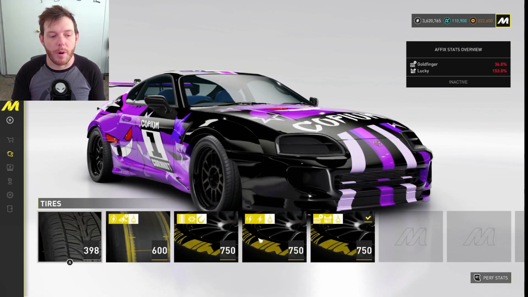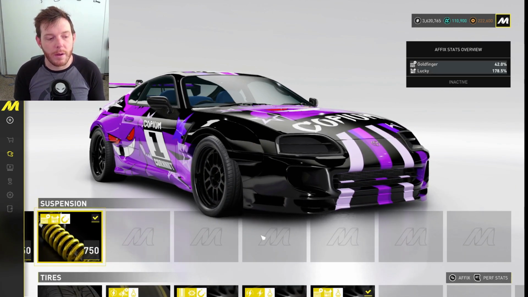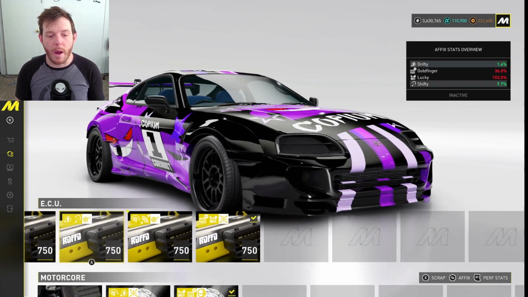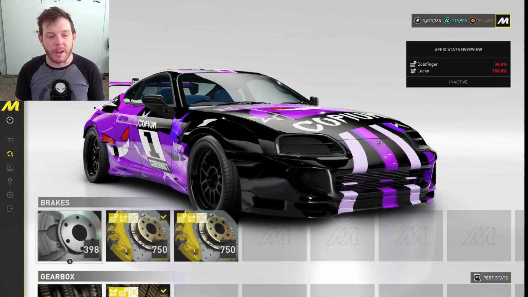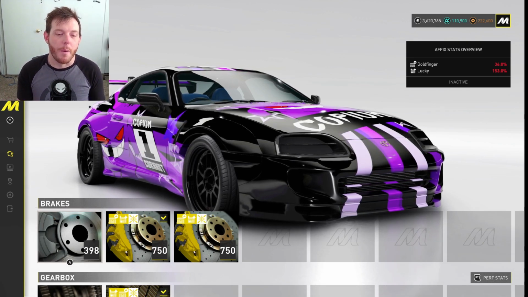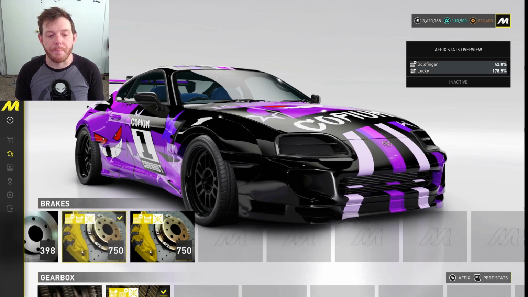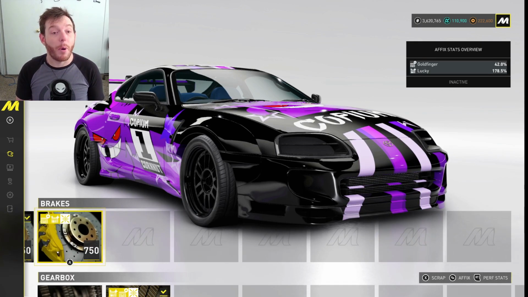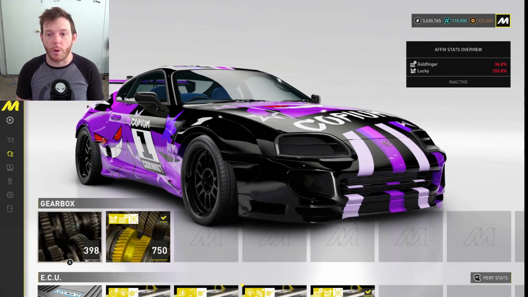And so I'm still missing a part. My tires, I do have one here in the suspension. I've got one in the exhaust. I've got one in motor core. I don't have an ECU one yet. I don't have a gearbox one, and I don't have a brake part yet. So I've got about 3 or 4 of the set, but I need to get all of those gold parts to do that. But now that I've max rolled all of my parts right now for Goldfinger